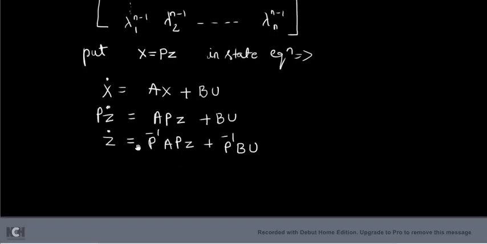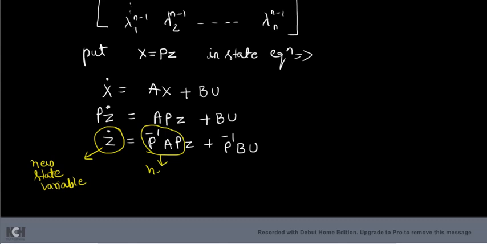Now it is of what format? I am going to take this Z as a new state variable. Z is called the new state variable. P inverse A into P is called the new diagonal matrix. This will be diagonal. If you do all these steps, whatever you have here, P inverse A into P, that becomes diagonal. I wanted this only to be diagonal, that is what is called diagonalization. This is called the new diagonal state matrix.